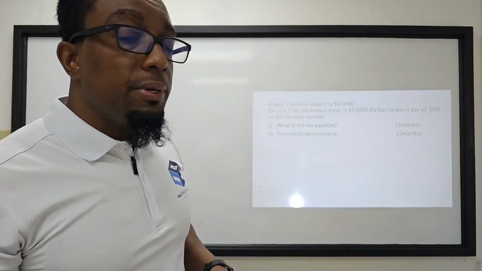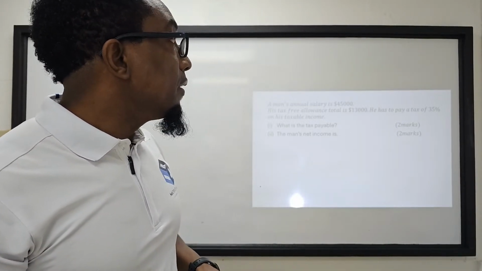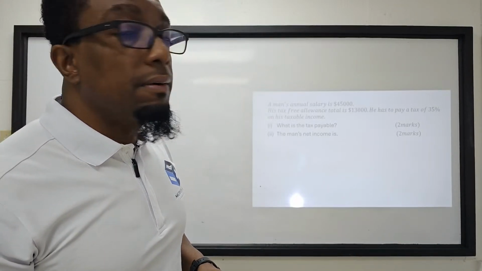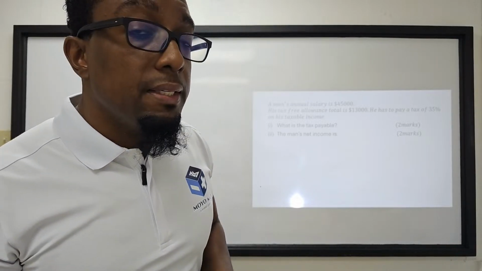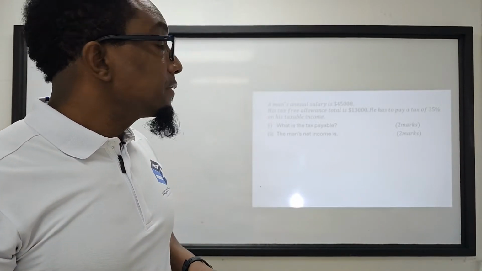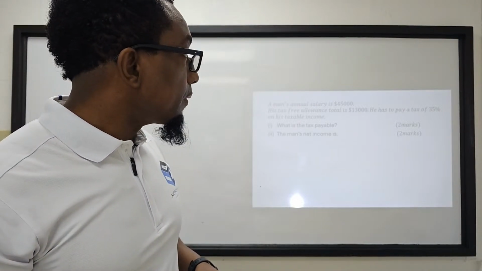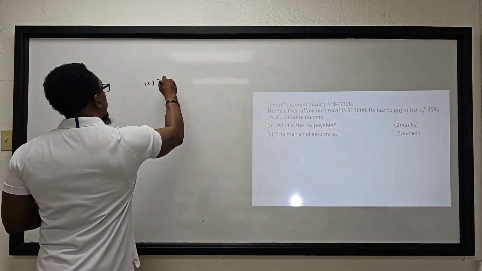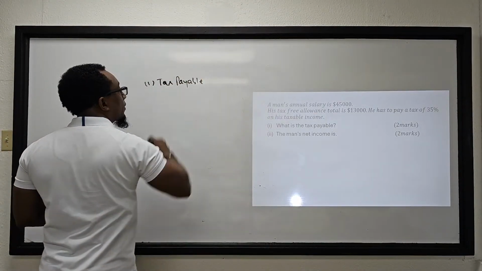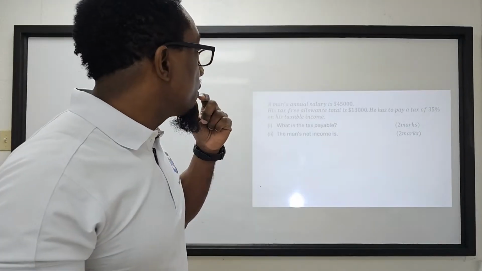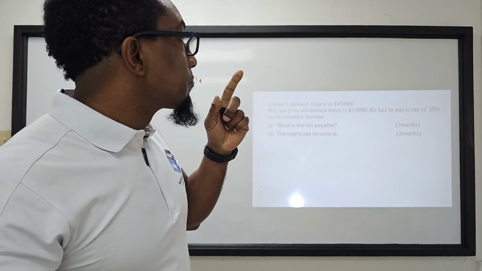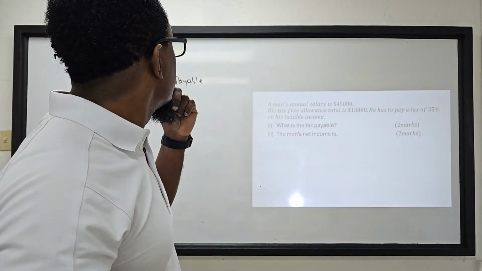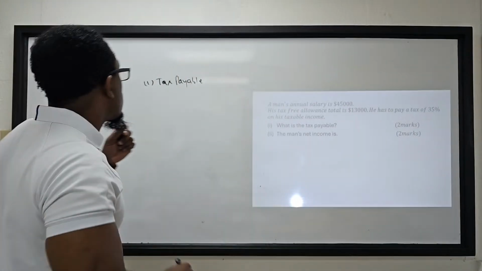A man's annual salary is $45,000. His tax-free allowance is $13,000, and he has to pay a tax of 35% on his taxable income. So what is the tax payable? So for us to determine the tax payable, first we have to get his taxable income, right? So his taxable income